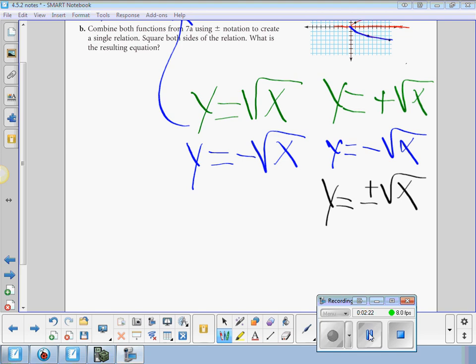So how do you write y squared? y squared equals plus-minus square root of x, squared. So what happens when you square the square root of x? You get the absolute value of x. So it's just y squared equals